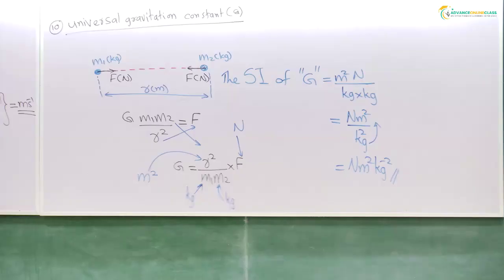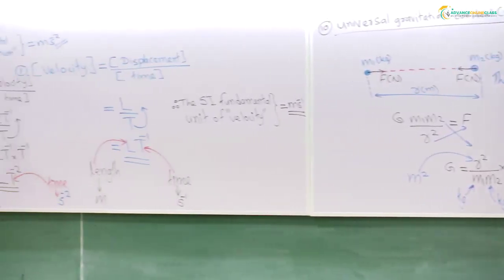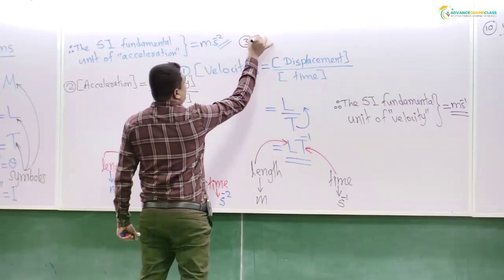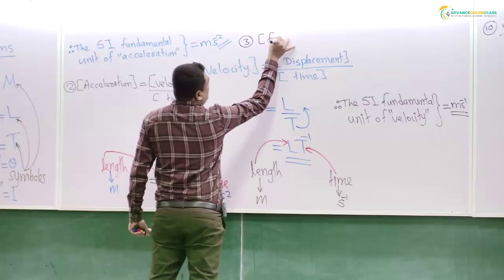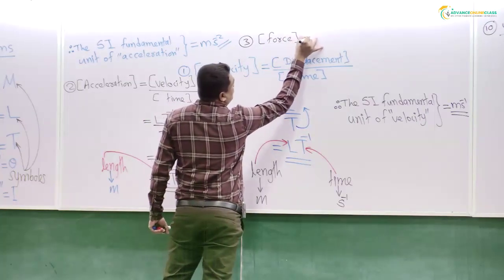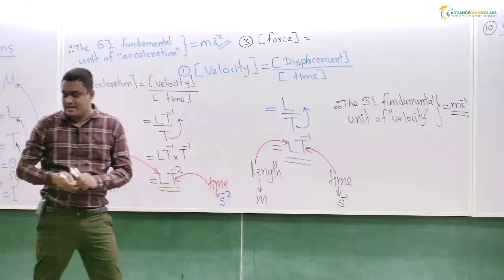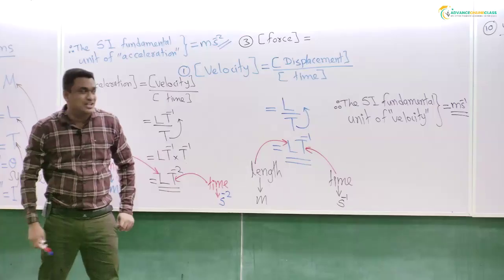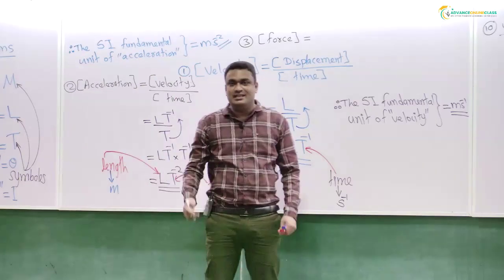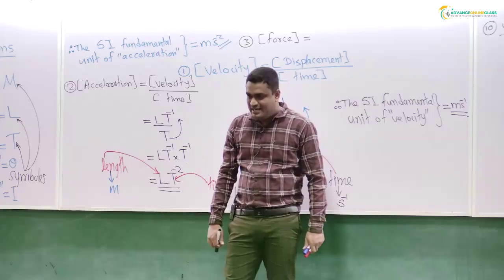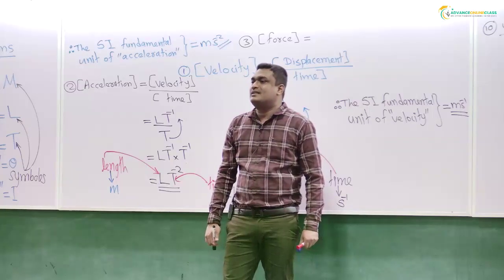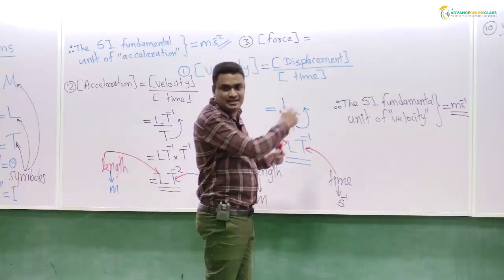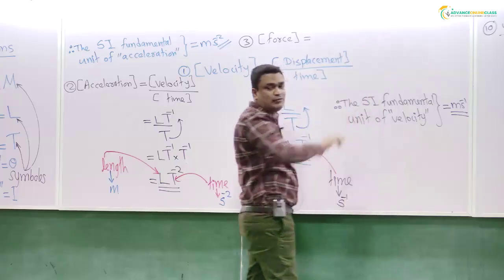Okay, right. Shall we try another example? Number 3. What is the meaning when I write force inside the square brackets, dear? When I write force inside the square brackets, what does it mean? Again, dimensions of force. Force is F equals ma. Therefore, force is the product mass into acceleration. Therefore, dimensions of force is equal to dimensions of mass into dimensions of acceleration.